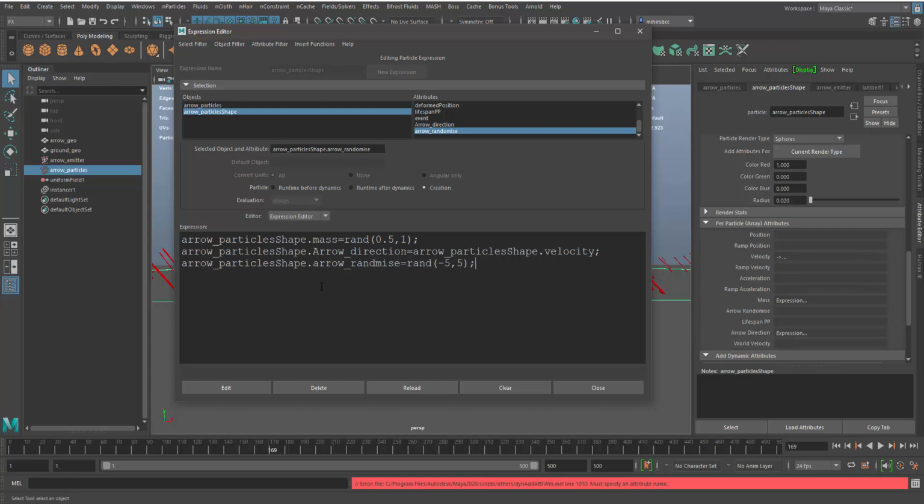So we created this attribute, randomize, and arrow underscore particles shape dot arrow underscore randomize equals random value -5 to 5. So anytime it creates an expression, when it is starting, it's going to take a number between -5 and 5. This particular line will create a random runtime expression, and we will add some more lines so that it takes this number and adds it over there as it goes runtime. Okay, so I'm going to edit,